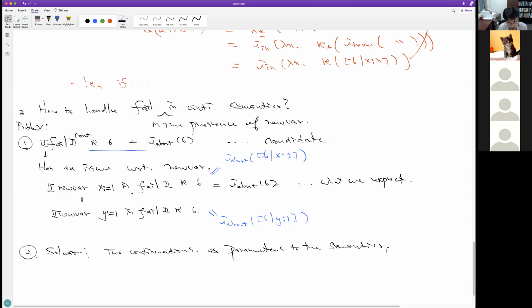And then this semantics is defined this way. It takes two continuations, which I write as kappa T and kappa F. And then it takes the input state sigma, and then it returns something. It's defined in a syntax-directed way.